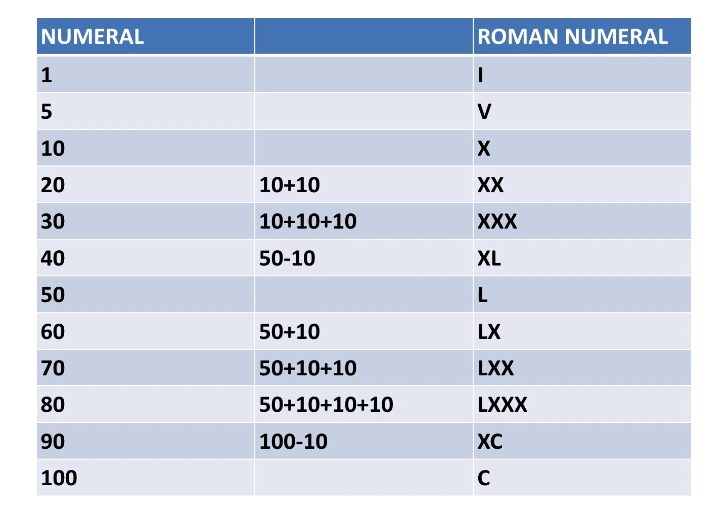And for 90, see, the next change comes in 90. 90 we represent as 100 minus 10. 100 we know, C represents 100, and 100 minus 10, how to write? C, then on the left side X. A smaller letter on the left side means we subtract. Left side smaller letter means subtract, right side smaller letter means plus. Okay, those are the rules for writing the Roman numeral system.